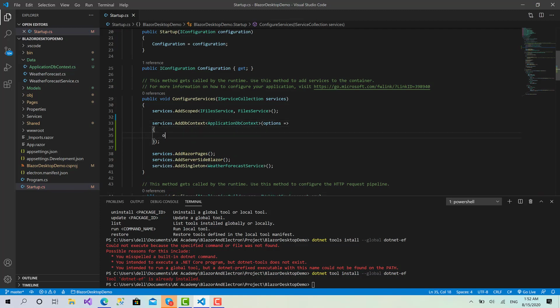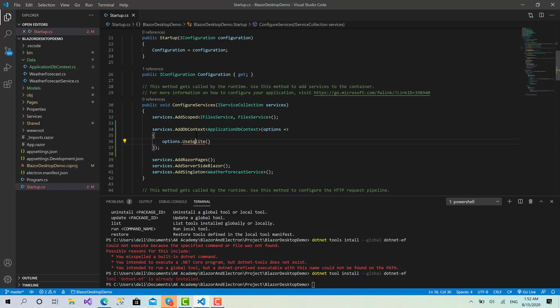Okay, good. Now options.UseSqlite like that. We have to import Microsoft.EntityFrameworkCore. Then here we have to pass the connection string, and this database is going to be just a very